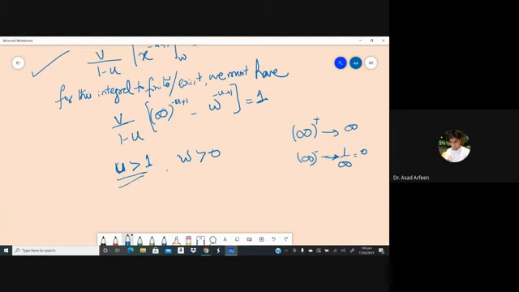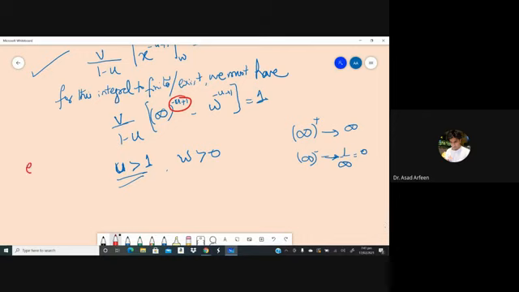If u is greater than 1, then minus u plus 1, this red part, if I put a condition that u is greater than 1, then this red part will always be negative. Minus u plus 1 will always be negative. Okay, so in order for this integral to exist,